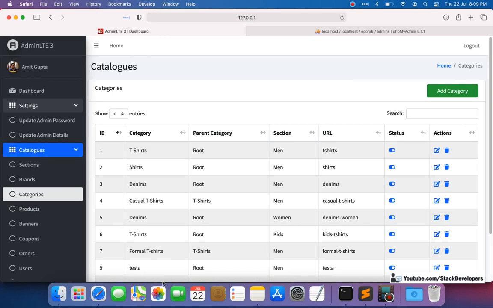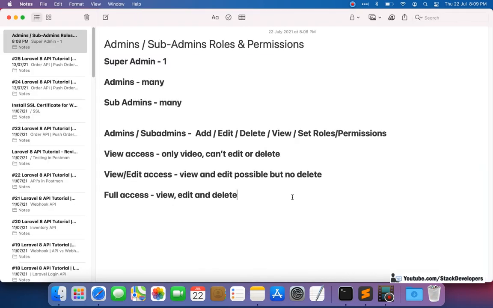See, there is the categories module. If there are three things here, I'm going to mention them like this so that it will be more clear. For categories, there are three accesses: view, then view and edit, and the last one, full access, which is view, edit and delete.